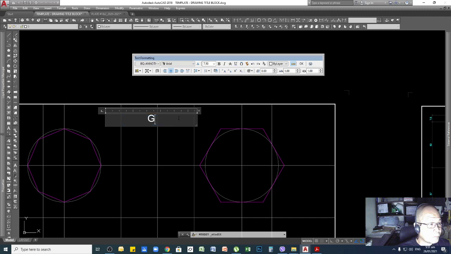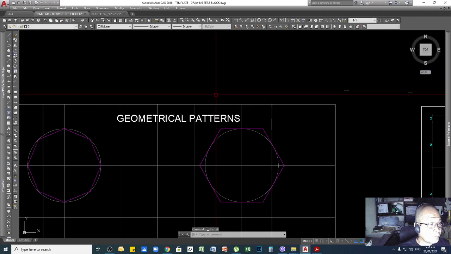Change it, geometrical pattern. So it's too long, that's why it goes to the next line. So all you need to do is look for this and then drag it to the right to make it longer, and click your mouse outside the